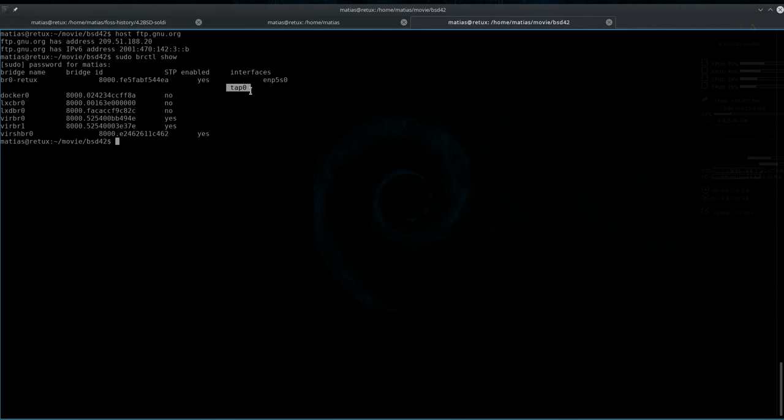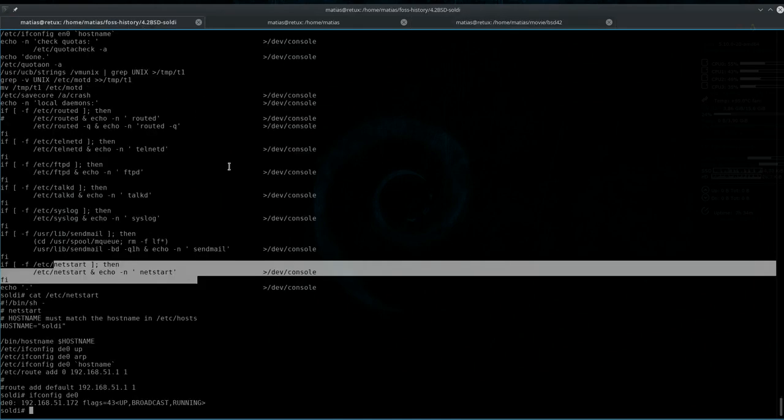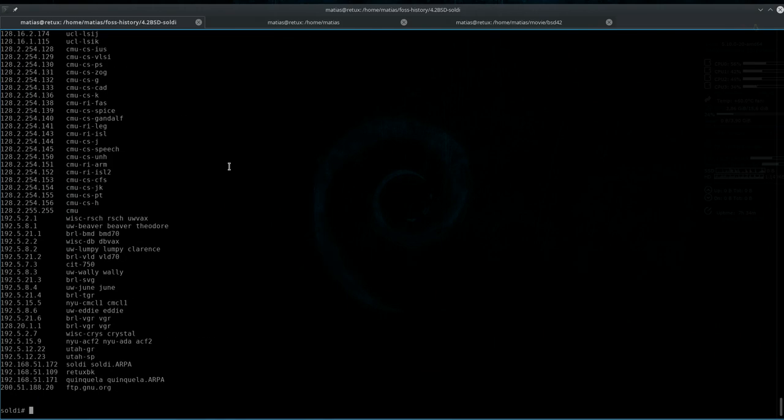We've got the tap device, the virtual device that BSD will use, which in turn is bridged or connected to a network bridge and to the physical network. That way SimH can communicate with the rest of the world. My local network and some far away servers as well, we'll see.